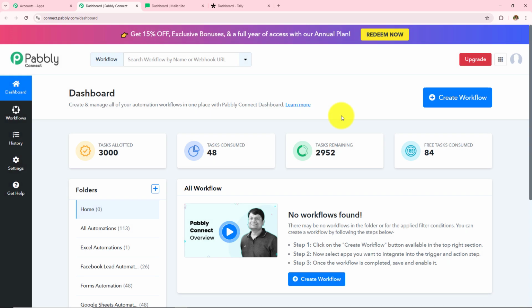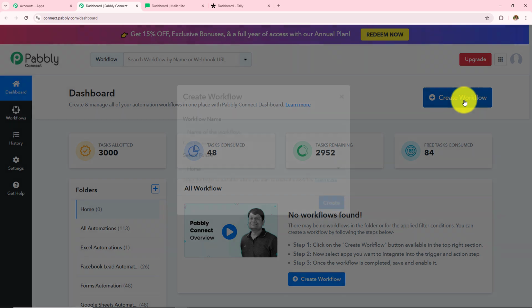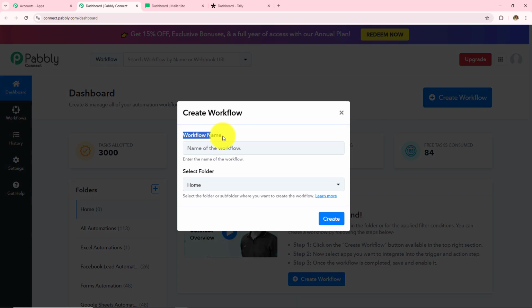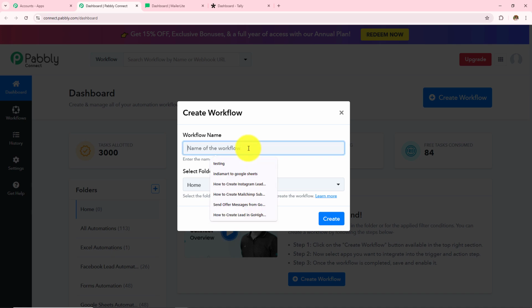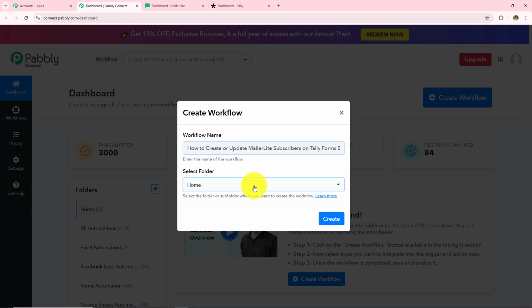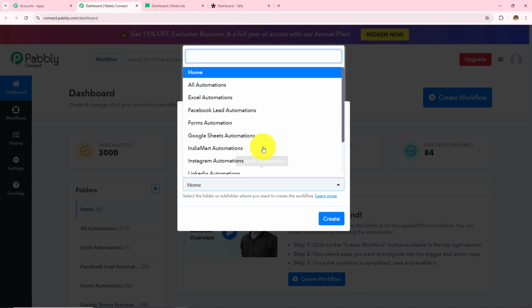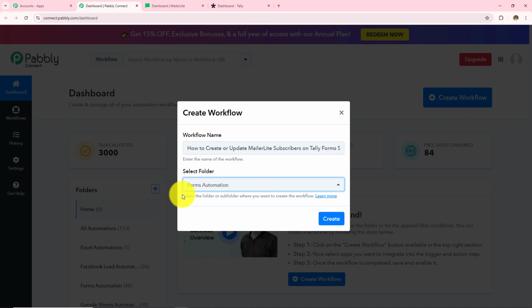For now, I want to create a new workflow, for which I need to click on this create workflow button, and first I need to provide the workflow name, and then I have to select the folder in which I want to save that workflow. So first let's name this workflow as how to create or update MailerLite subscribers on Teleform submission, and now I need to select my folder. So these are the folders that have been created, and here I am going to select this forms automation and